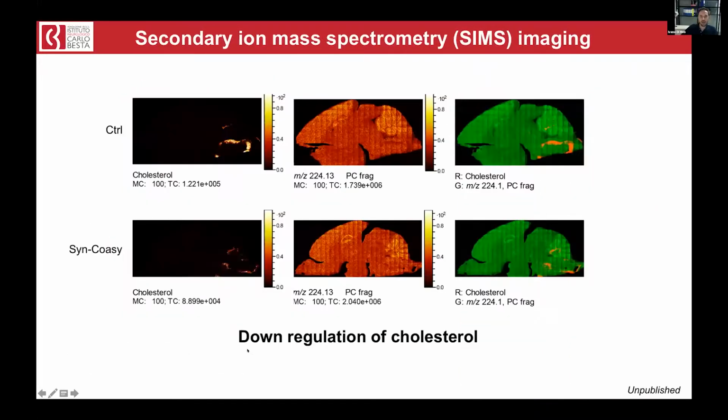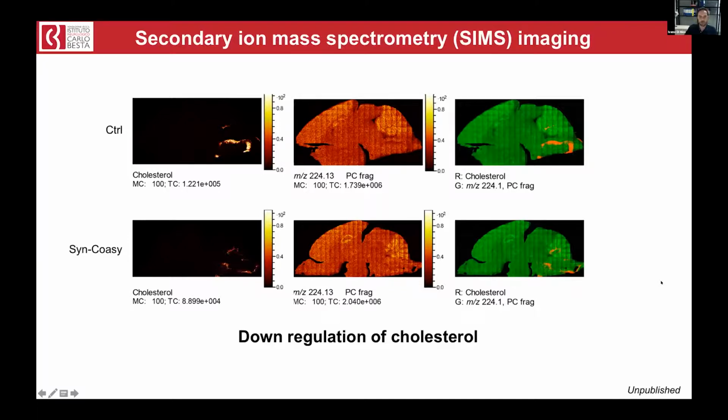So next, by the same imaging approach, we found also a dysregulation of lipids in the brain. For example, here I show you a strong, evident reduction of cholesterol in the white matter of the medulla of